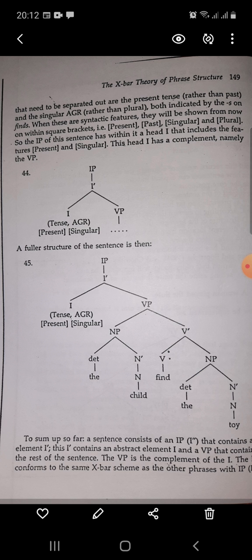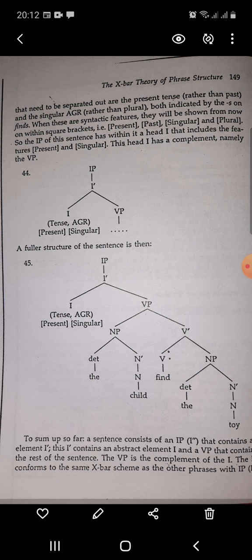So you are supposed to pick up the examples by your own choice, but keeping in view all these conditions, that there should be some weightage in the sentences. It doesn't mean that you will just be writing sentences of just 2 or 3 words. No, you are supposed to write sentences which can easily show your knowledge of the theory of X bar. So you are supposed to analyze 5 sentences finally, as per rules of